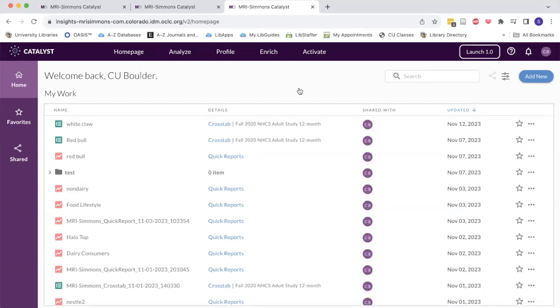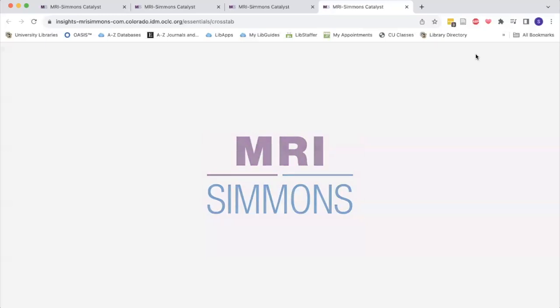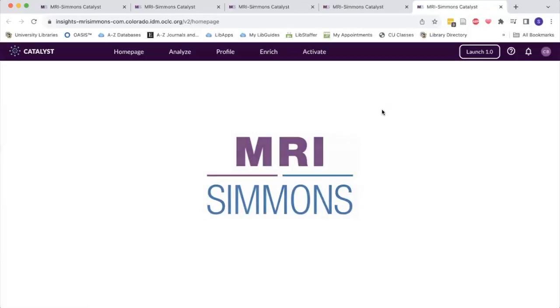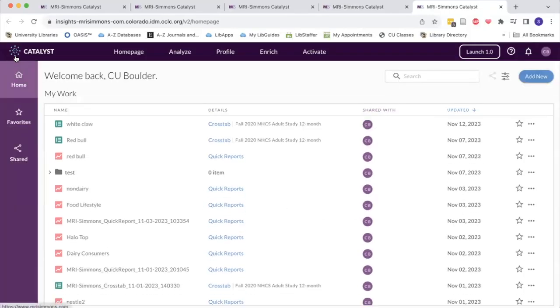In this video, we'll go over how to find demographics and psychographics of consumers of a particular brand. We'll be using MRI-Simmons, and we'll be using their new Catalyst tool. If you are in their 1.0 version, which looks like this, it has a blue toolbar at the top. You'll want to click on Launch 2.0 in the top right corner, and that will take you to the 2.0